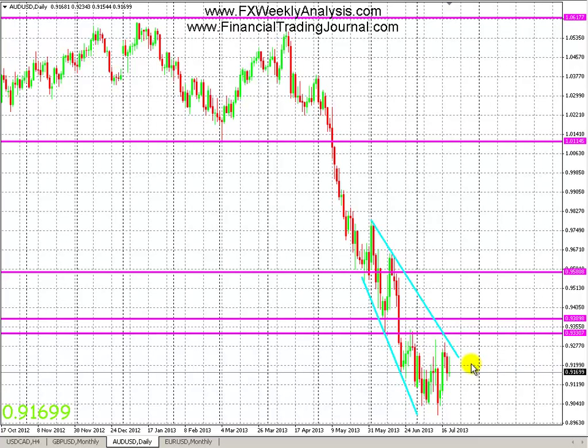As you can also see throughout the past month, since June 20th, so it's been a little under a month, we've been just consolidating within this range here. So as soon as we break outside of this range, that will determine the new direction. Either we go up, possibly to retracement levels up here, or we break downwards. But for now, it's still in the middle of the range, because if you were to draw a box from right here down to here, this is pretty much in the middle, 50%, as we'll see on the 4-hour chart.